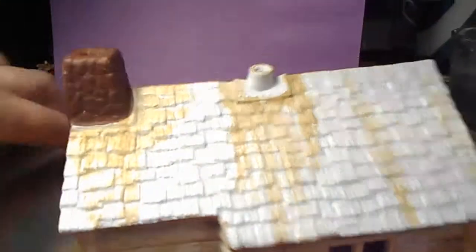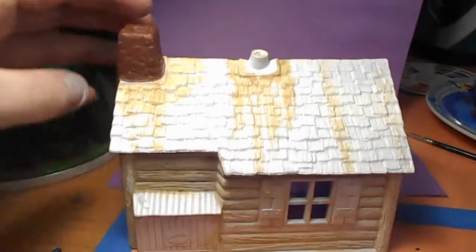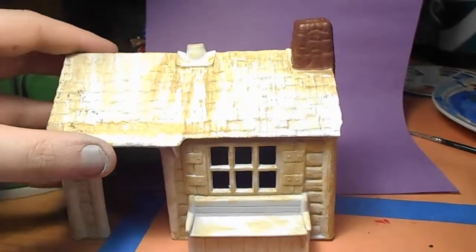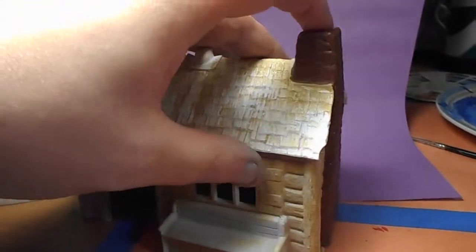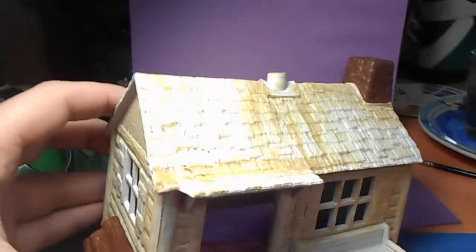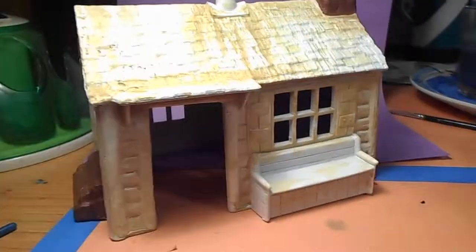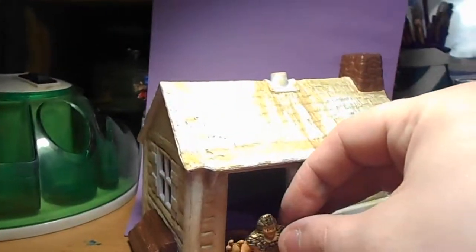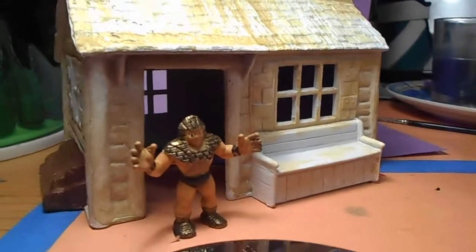Some other things here, I was working on this house a little bit. Now that I got better paints, I don't know, I'm kind of uninspired with this house right now, but maybe I'll just paint it black real quick, just so I have something to put my little figures in for right now. Here's a